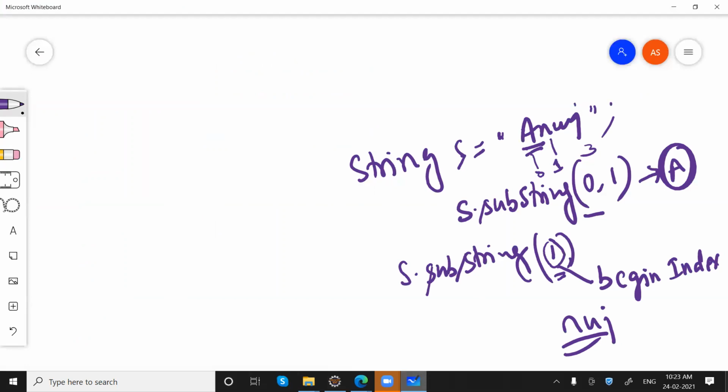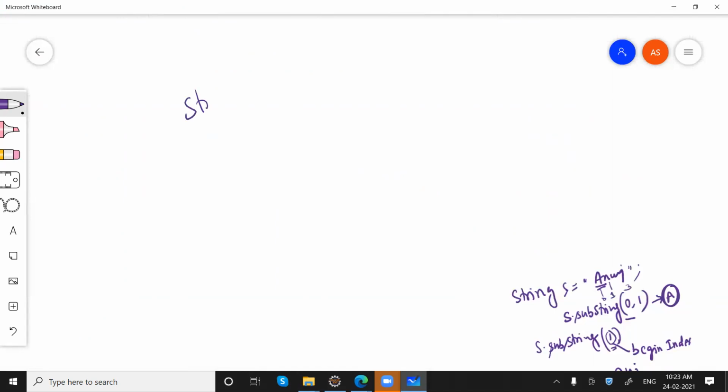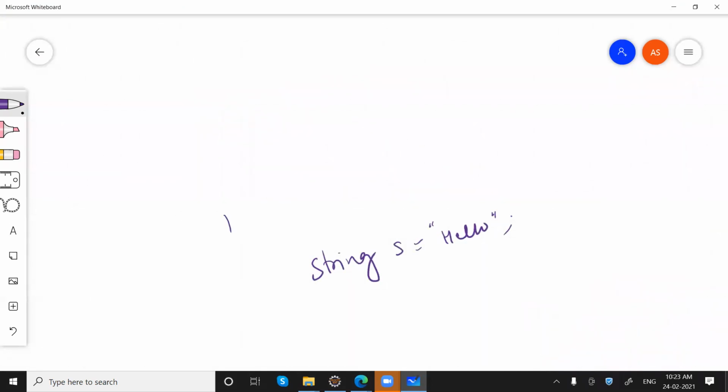Okay, so when we work with strings, there are two ways to create a string. For example, String s equals hello. That is using string literal. This is the first way.